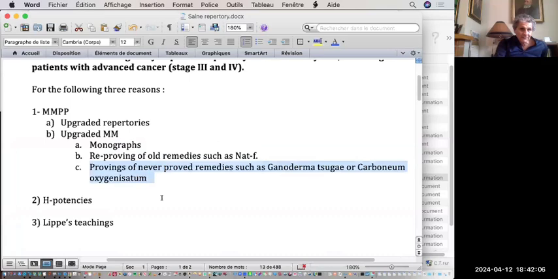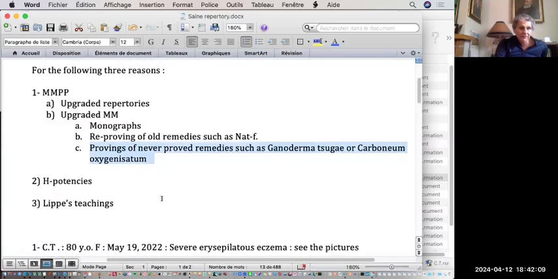Another reason we are able to get good results with people with advanced disease, and especially also with cancer, is the development of the H potency. And so the H potency is the continuation of the work of Fincke. So it's the fluxion. So when Fincke raised it to the MM, we raise it to much higher than MM, and that permits us to treat people with the same remedy with an indefinite number of potencies forever and ever. We just keep increasing the fluxion and increasing the potency, and that has made a big difference to treat people with very serious disease for a very long period.